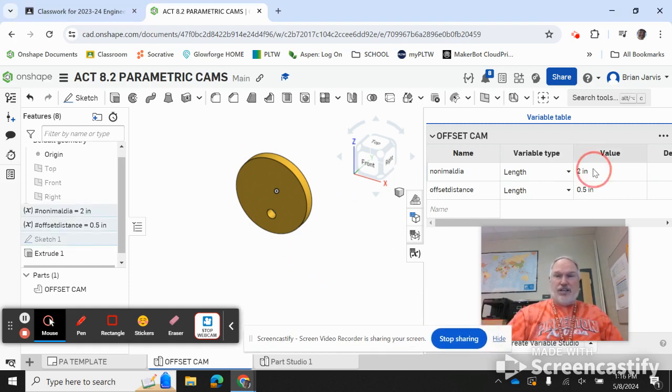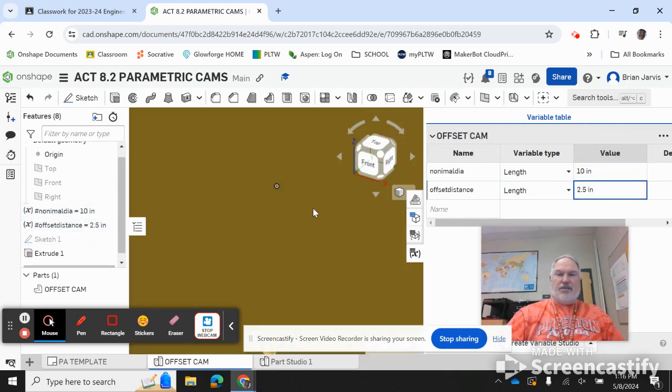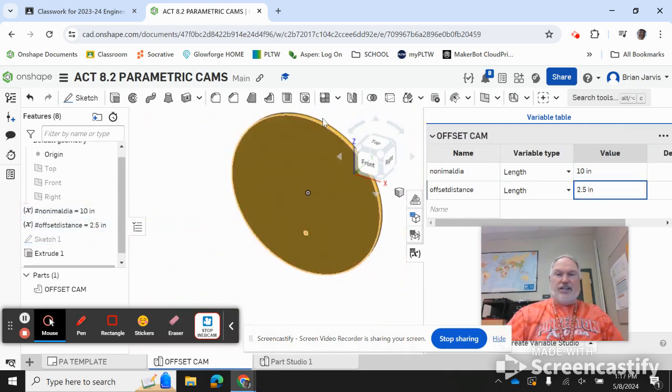I want to change this. When I come over here in my variables, if I change it to 1, it should change proportionally. Notice it went to 1. This one went to 0.25, but the hole stays 0.25. Better yet, if I said I want my diameter to be 10, it comes out, and it's a 10-inch diameter